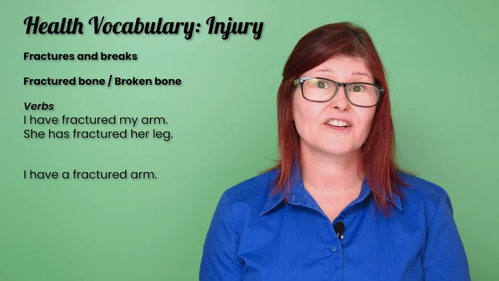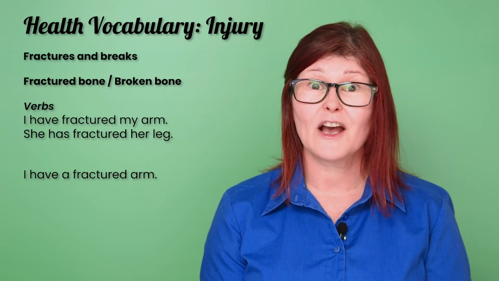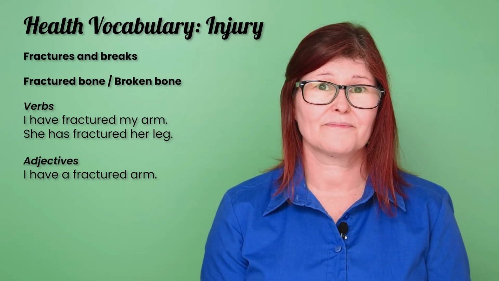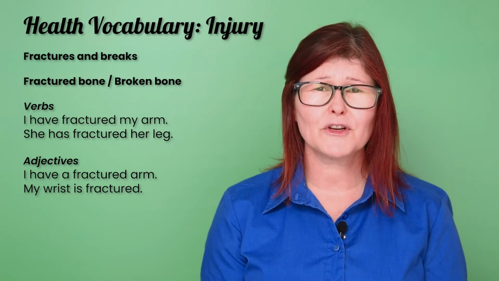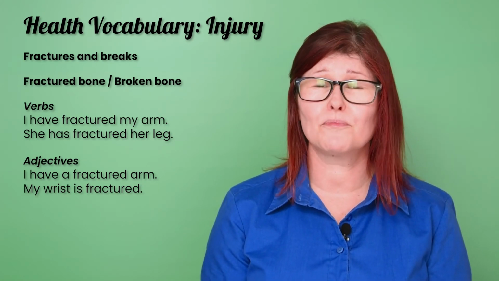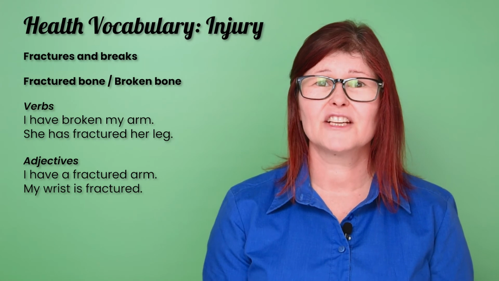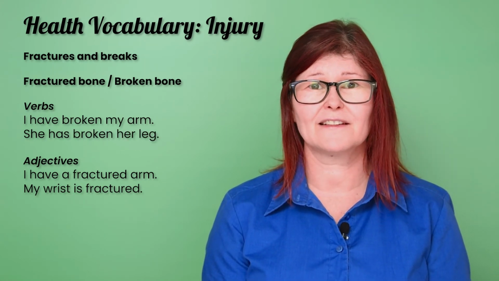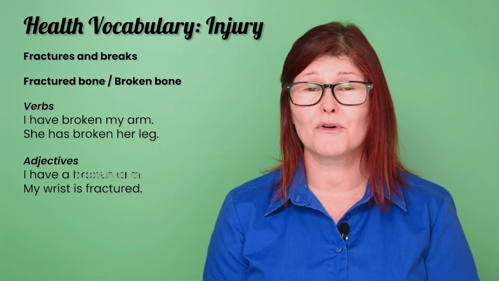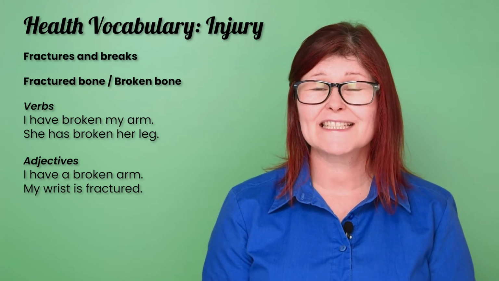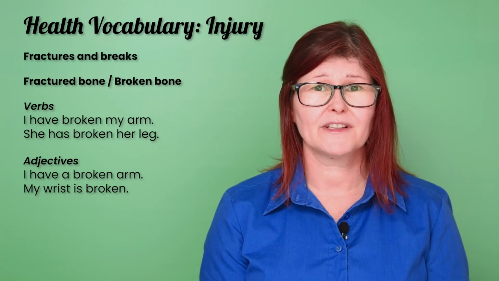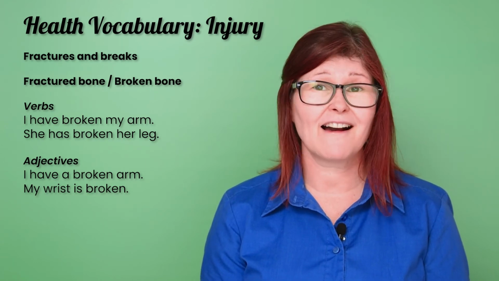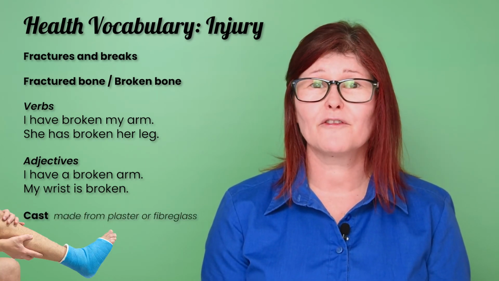I have a fractured arm. Now it is an adjective. My wrist is fractured. The same goes for broken. I have broken my arm. She has broken her leg. I have a broken arm. My wrist is broken. When you break a bone, it is often set in a cast, usually made of plaster